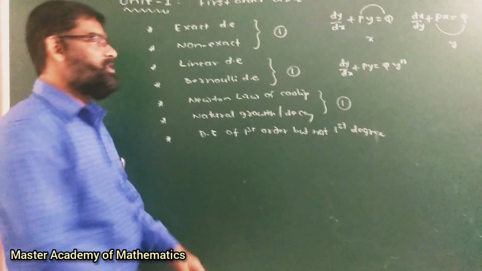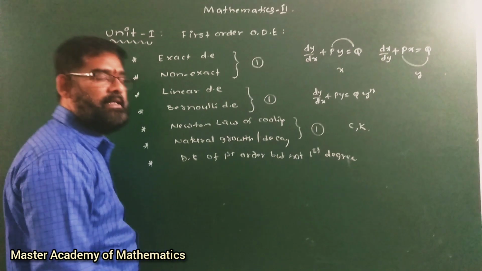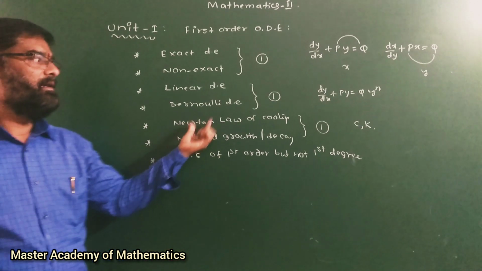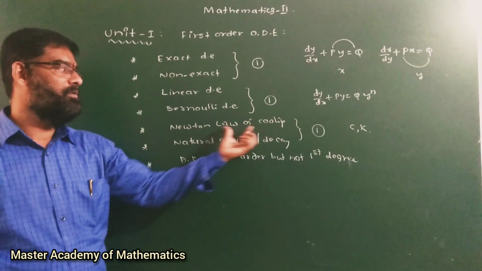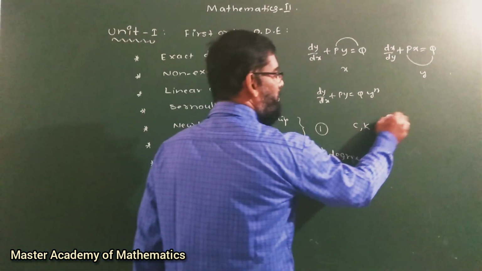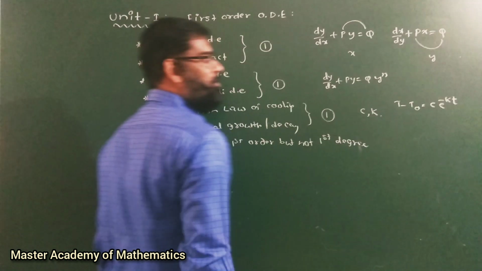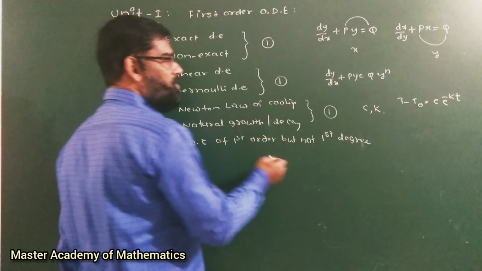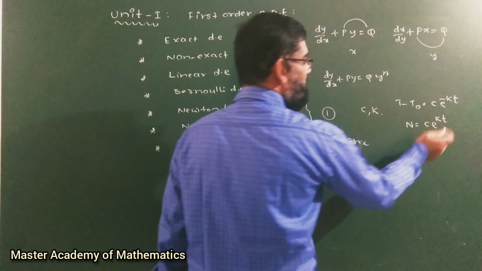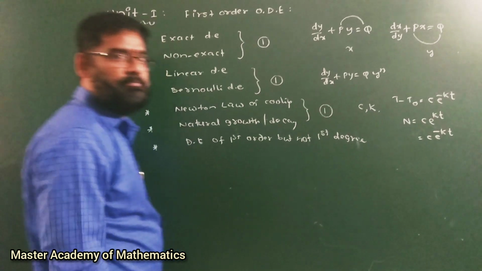And remember, here you are using logarithm, that too only base e, that means the ln button in your calculator. So our main intention in both the cases is just calculating the constant terms c and k. Once those two values are available, you can directly find out your required value in Newton law of cooling or natural growth and decay. Do you have an idea that Newton law of cooling is T minus T naught equal to C e to the power of minus KT. And the law of natural growth and decay is N equal to C e to the power of KT, it is growth, and C e power minus KT is for decay.